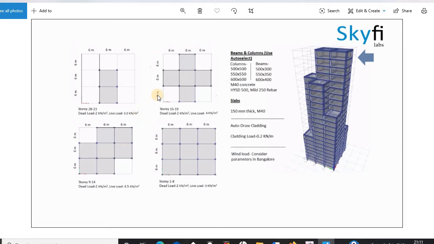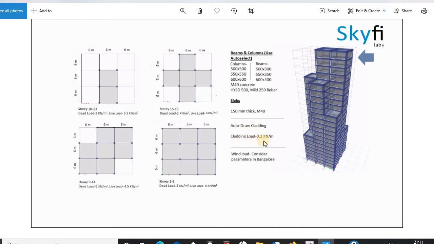The beam and column cross sections to be used for the building are given below. These are for columns, these are for beams, and M40 concrete grade is to be used, with HYSD 500 bars and Mild 250 rebar. For slab sections, 150 mm thickness and M40 concrete. Auto drag cladding is to be used.